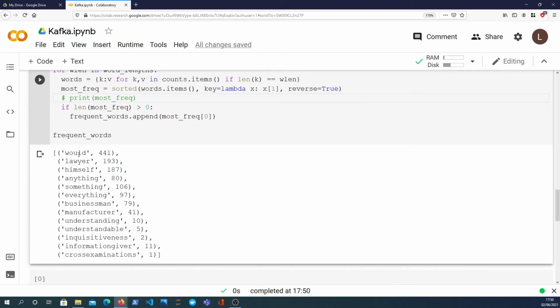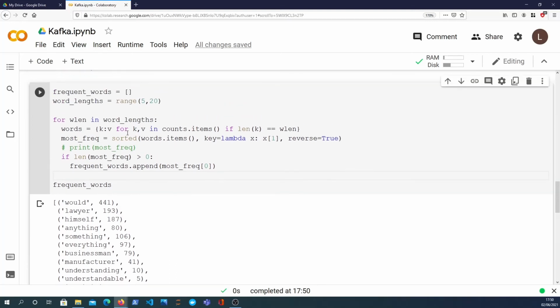So this is basically saying that the most frequent word with 5 characters is "would," and that's the count. With 6 it is "lawyer," and so on down to "cross-examinations," which apparently is 1 word. So that is a way to do that, and to reiterate what that's doing, we're looking